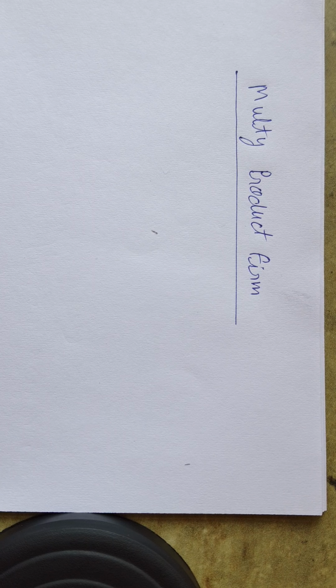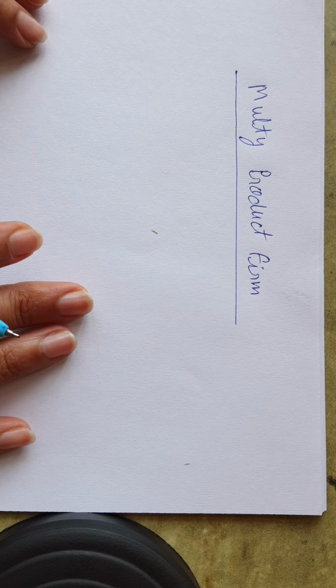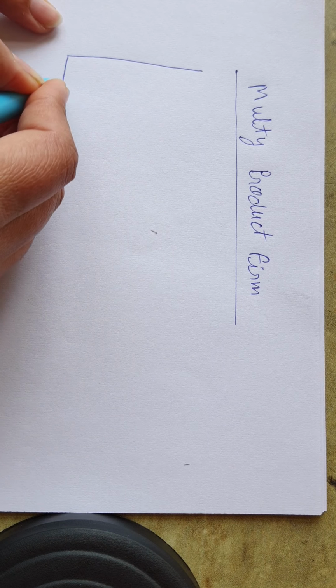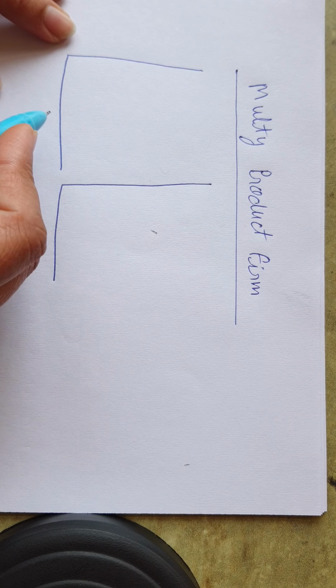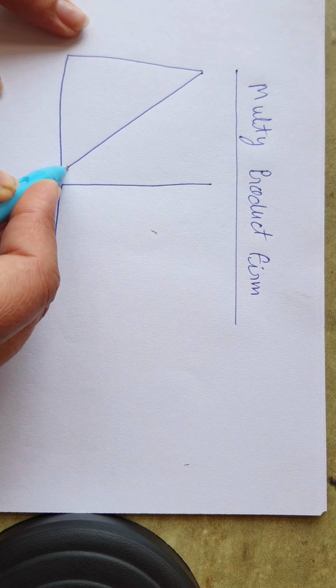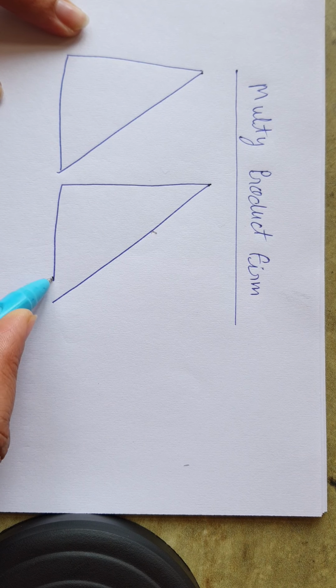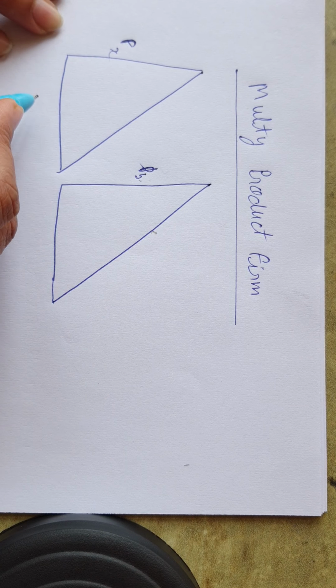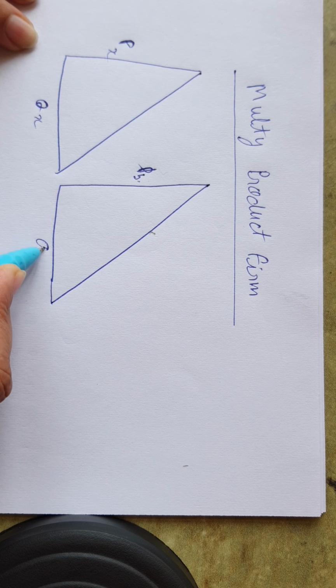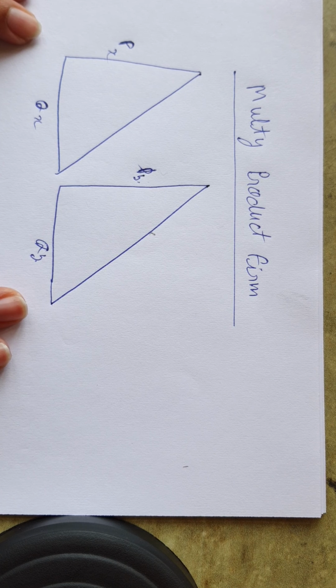So how will we decide the price of these commodities and how much of X, Y or Z should be produced, so that maximization of profit can happen? So we will talk about that situation here. For simplicity, I am using the example of only two commodities, suppose. So this is the demand curve of X commodity and this is the demand curve of Y commodity. So here are the price of X commodity and Y commodity, and here is the quantity of X and quantity of Y. So these are two different demand curves.